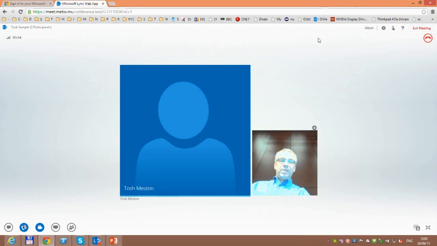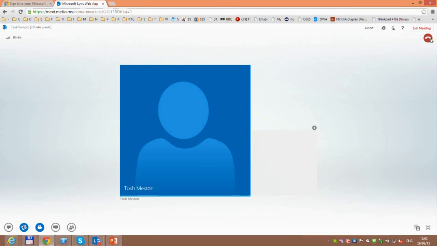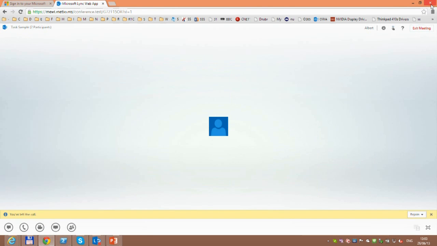So I stop presenting here, I exit the meeting, and we are back to our app. Now, every application becomes an endpoint. The biggest challenge that we have when we are talking about this is that this all works as long as you're on a desktop, because those plugins are available typically on a Windows desktop,